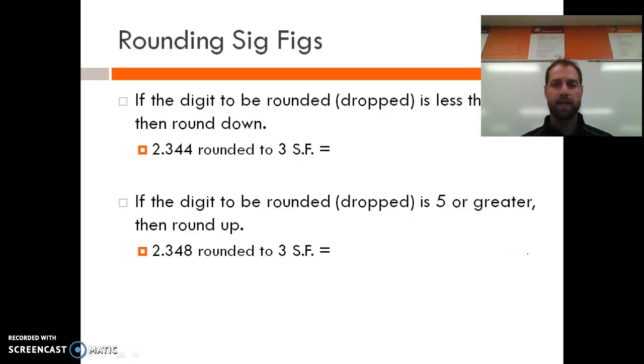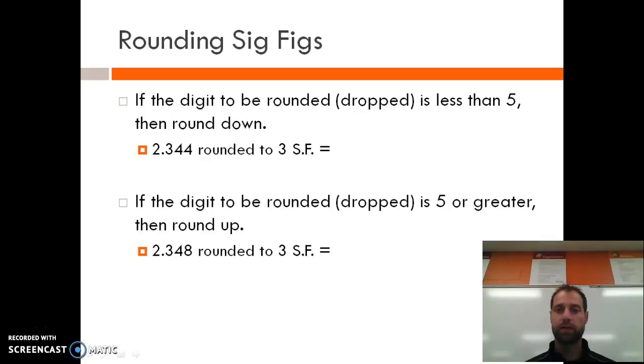When we round sig figs, we're going to just use the old adage that if it's less than 5, then we're going to round down or keep it the same. If the number behind what we're rounding to is greater than 5, then we're going to round up. So in our two examples here, 2.344, if we're rounding to 3 significant figures, so here's 1, 2, 3 significant figures, I'm rounding to this number. I look one behind it, and because 4 is less than 5, my answer would be